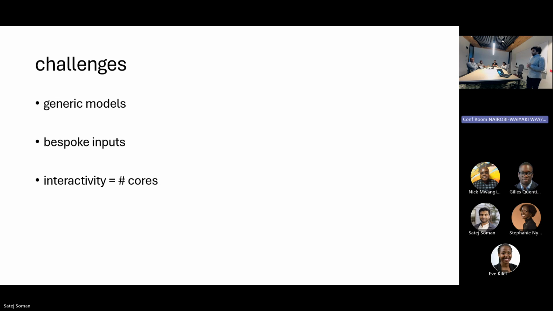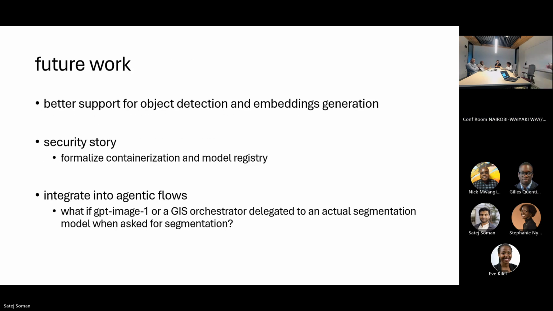And then the final challenge is that I've shown you an interactive version of a lot of these model evaluations, but how interactive this process is really is driven by the number of cores. If you have a lot of GPUs to saturate, then you can tile the entire viewport and get that inference done really fast. If you have one old GPU and you're sending the tiles to it one by one, then you have a batch job, not something interactive. The reason this looks interactive is that we have a handful of GPUs to distribute our computation over. So that's one challenge, but there's some interesting future work in the pipeline.